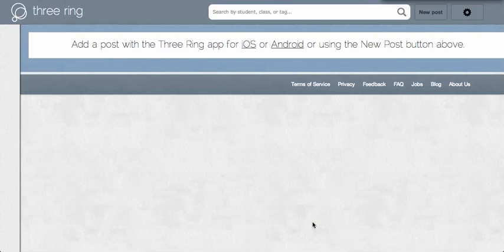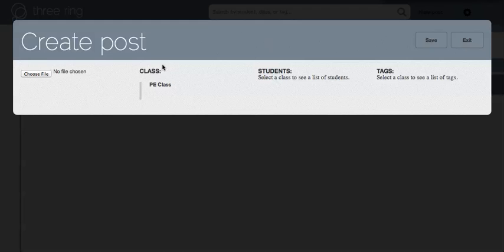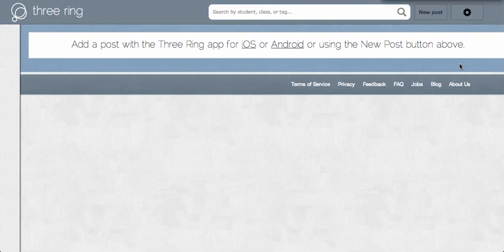So this is 3Ring when you log in at 3ring.com, and there's nothing in here at the moment. If you wanted to actually post some content from the web, you could do so by pressing new post, and you would be brought up with this screen. But the real power lies when you actually get a chance to use your mobile app to be capturing that